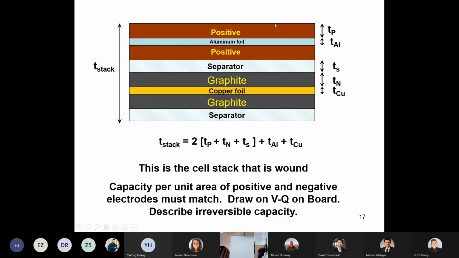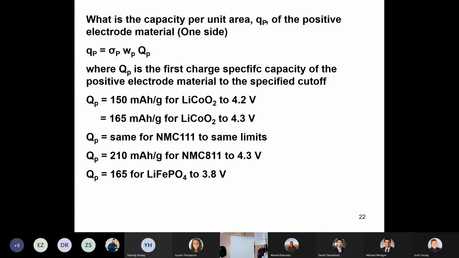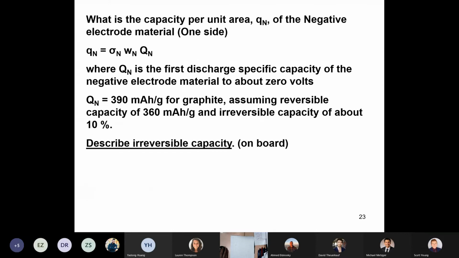So then you can figure out exactly the capacity per unit area of the positive and the matched negative. You know the average voltage of the cell based on your positive electrode material choice, and you can calculate the energy density of this cell, the volumetric energy density. So we went through a few pages of this stuff, and we got to here, I think. And then what we have to do at this point is equate the capacity per unit area